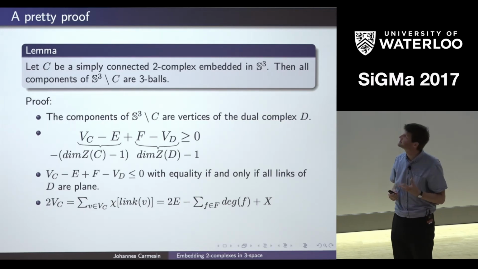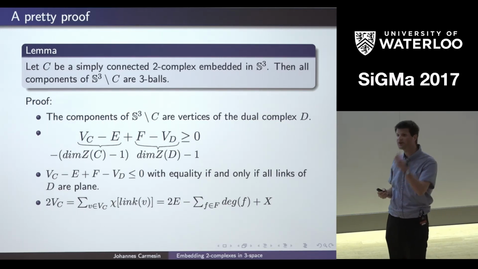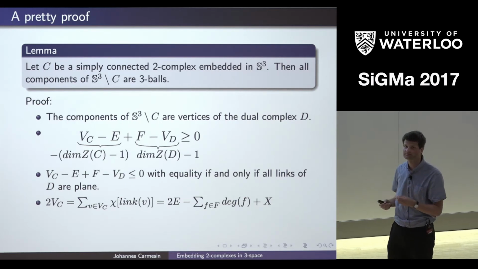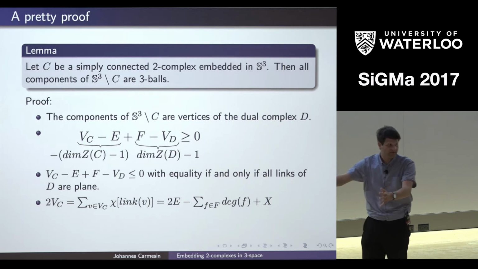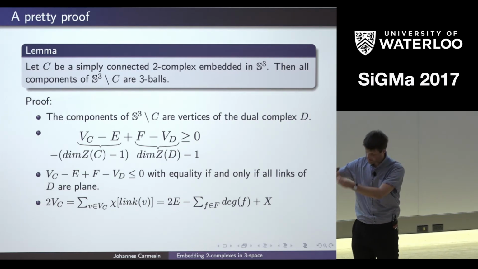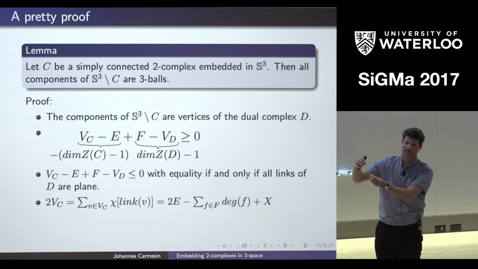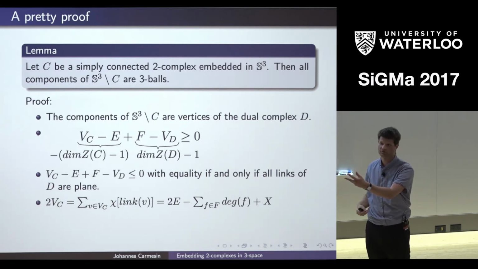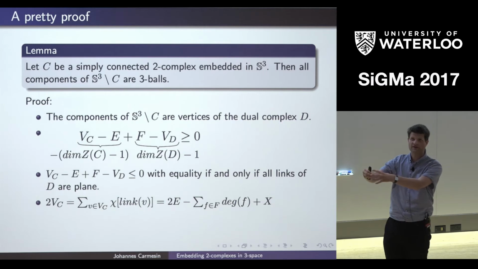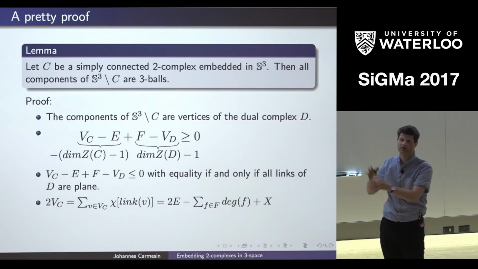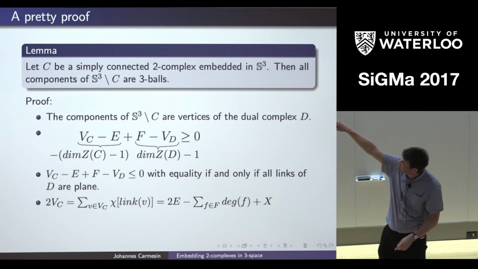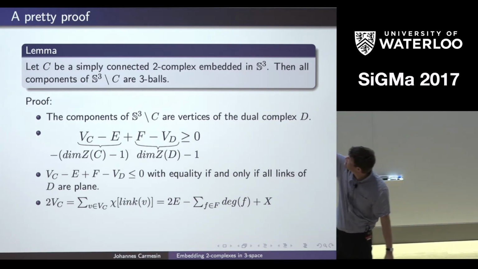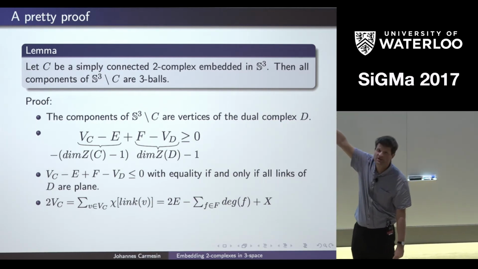Right, and for this, we now apply Euler's 2-dimensional formula in all the link graphs. So we have this complex C embedded in 3-dimensional space. And we know that all link graphs are embedded in the sphere. So we can apply Euler's 2-dimensional formula there. And we're going to apply it at every link graph and take the sum over all these formulas. And we have one link graph for every vertex. So if we sum over all of this, we get 2 times the number of vertices.